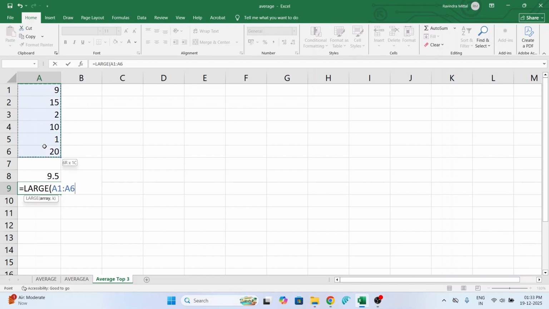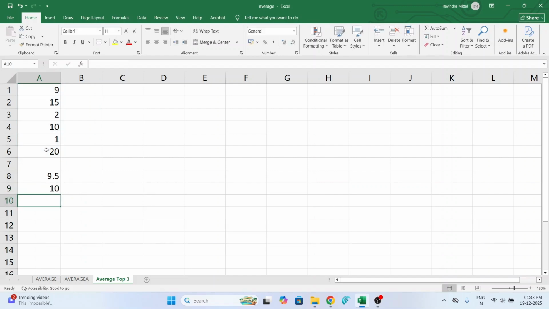A1 to A6, comma, third largest number. So third, okay, we third. The formula: if we use this formula, we can calculate the average of the top 3 numbers, and then I'll explain the reason behind it. Equal to